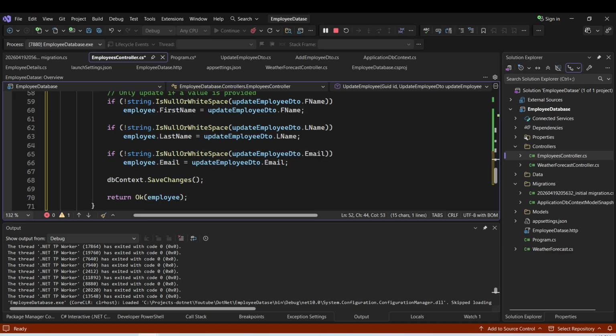So similarly for the others, if it is null or white space, then it won't update that field. So it only updates the field that has some data. So Control S, save these changes, and let me open the